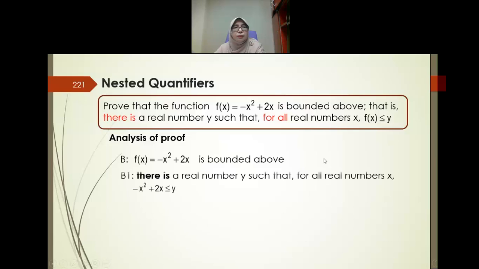So you should get the definition of bounded. There is a real number y such that for all real numbers x, this statement, negative x squared plus 2x, which is the function f(x), is less than or equal to y. There is a real number, so this is a backward process. So this suggests using